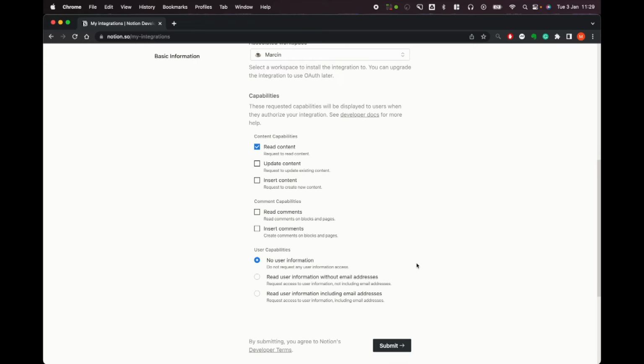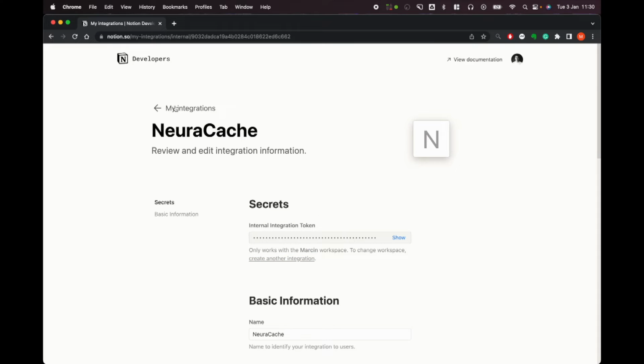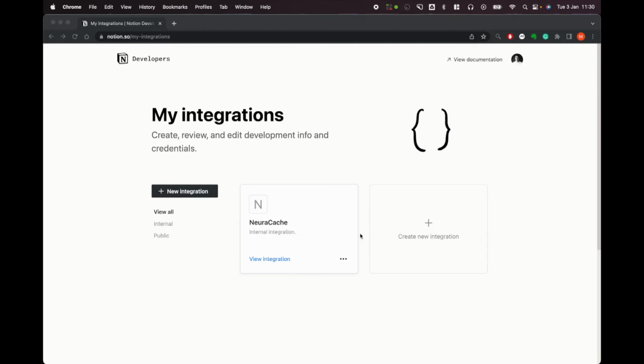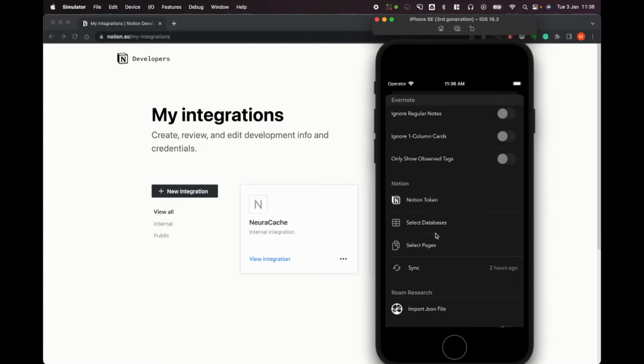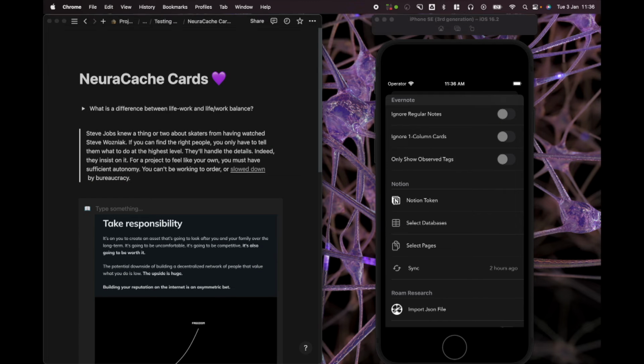We don't need any user information, and when you tap submit, a new integration will be created, and you can copy the token and paste it here, right? So this is what I'm going to do now. All right, so I have my Notion token set up. I tap save. Now, the next thing that we need to do is we need to connect this particular page